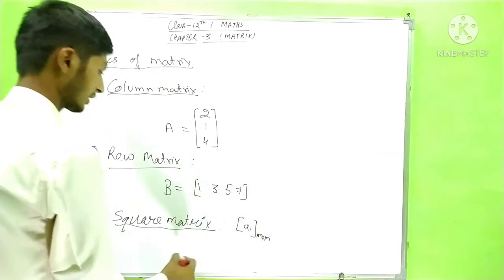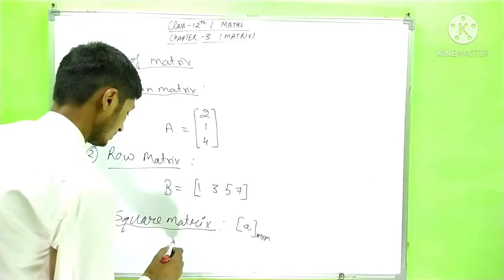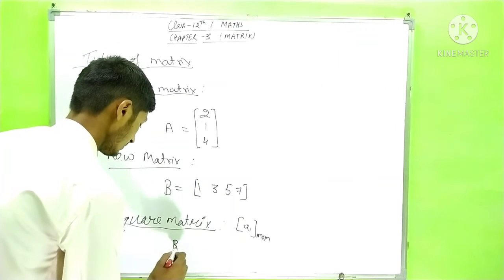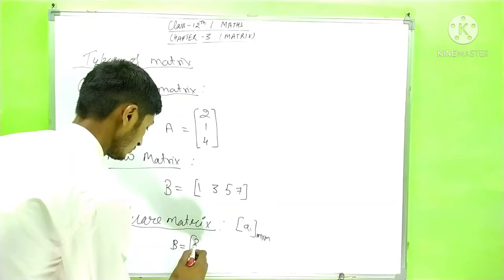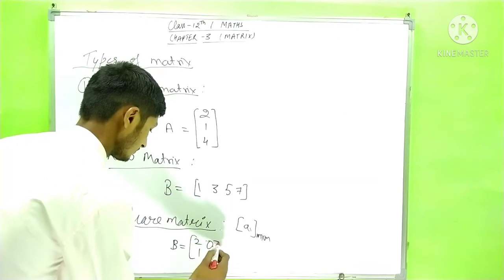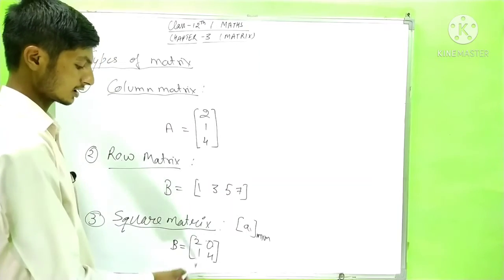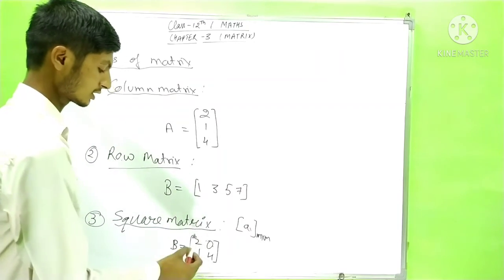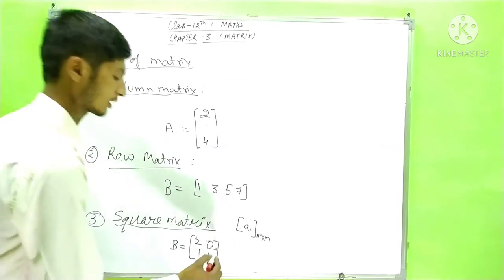For example, a matrix B that is equal to, here there are 2 rows and 2 columns, so this matrix is said to be a square matrix, that is 2